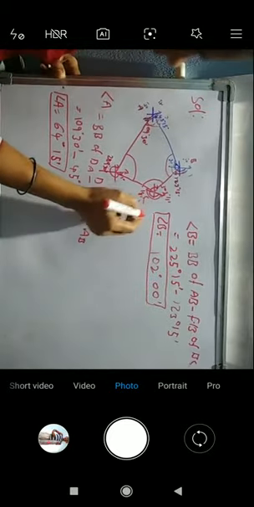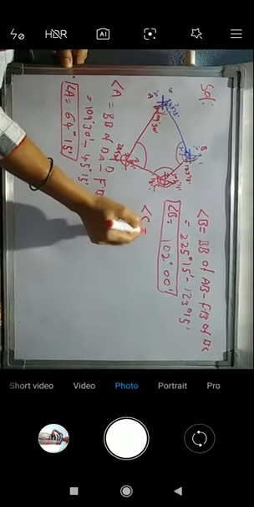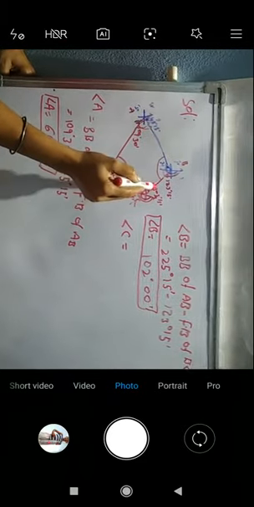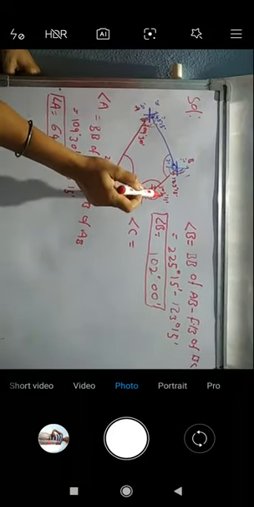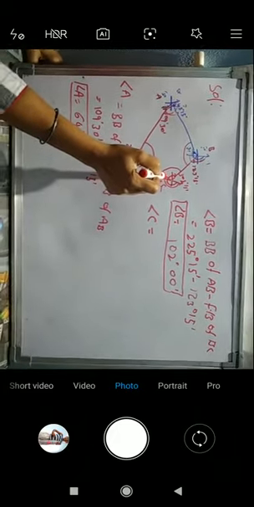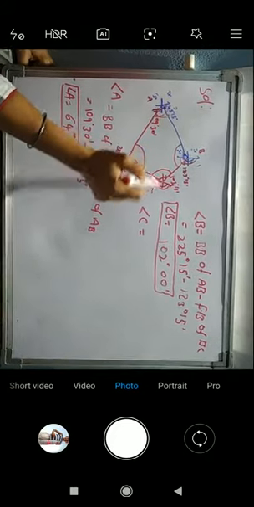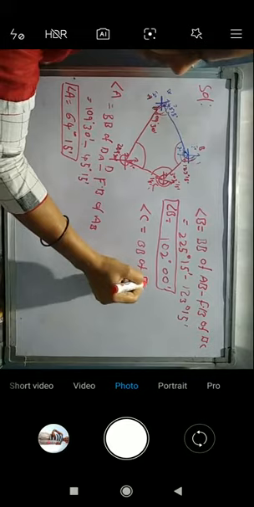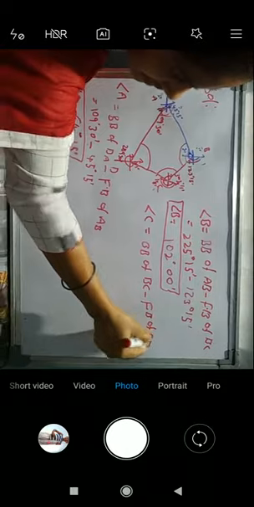Then we will go to the another angle at station C. Angle C is equal to, see friends, so we need the angle between the lines. This is the back bearing of BC, and this is the forebearing of CD. If we deduct the forebearing of CD from the back bearing of BC, then we can get this value. Back bearing of BC minus forebearing of CD gives the angle C.